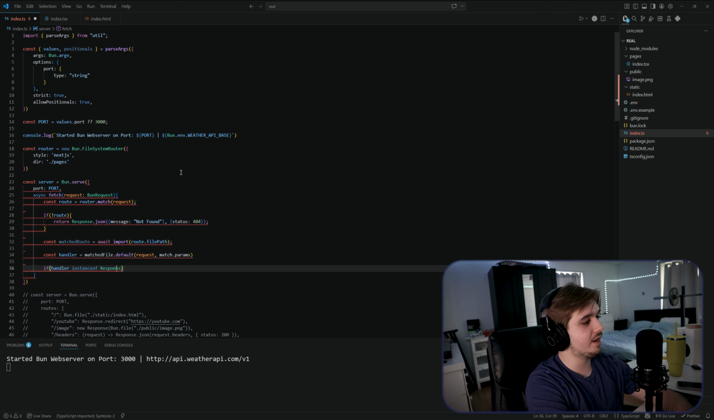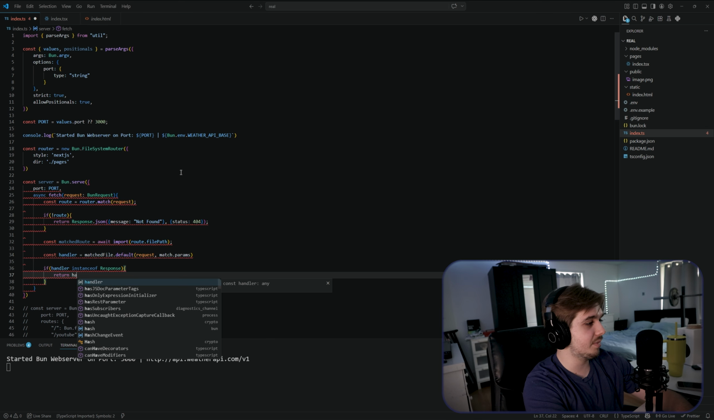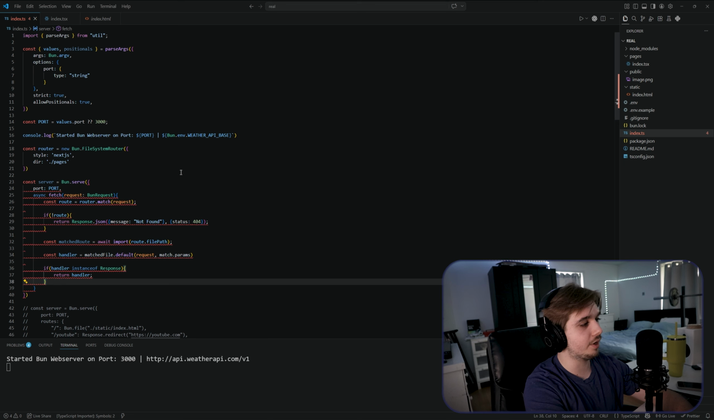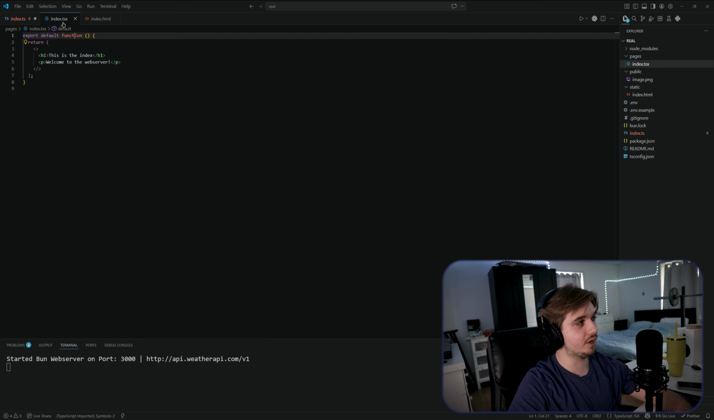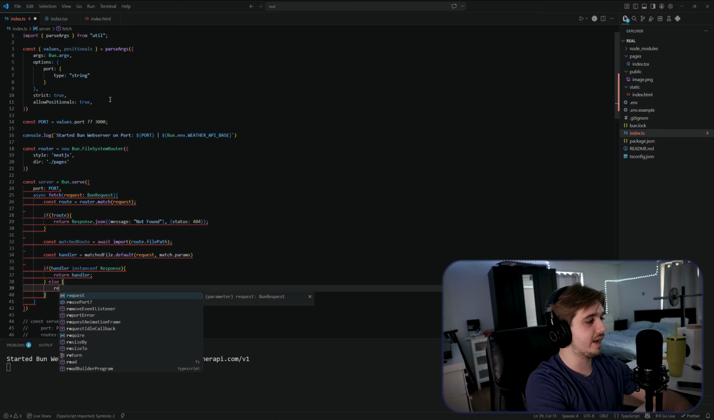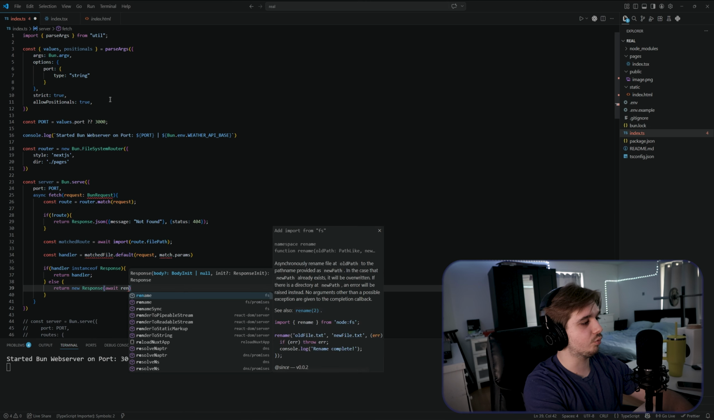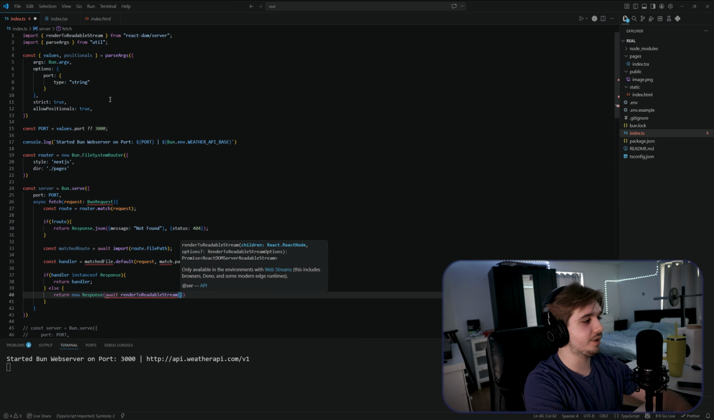Then we can say if the handler is an instance of response, that means that the handler is directly returning a response so Bun can use that. So that makes things super easy. We can just say return handler. However, what if it isn't a response? In this case, we're returning a React node, and we can return that by saying return new response, and we're going to say await render to readable stream right here from React DOM/server. And what we can do here is actually just pass in our handler,